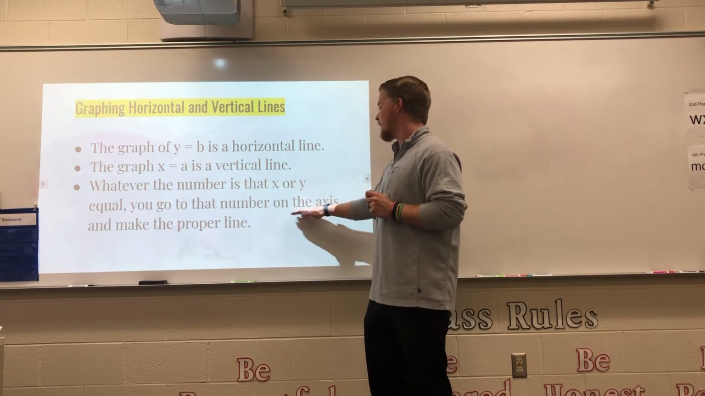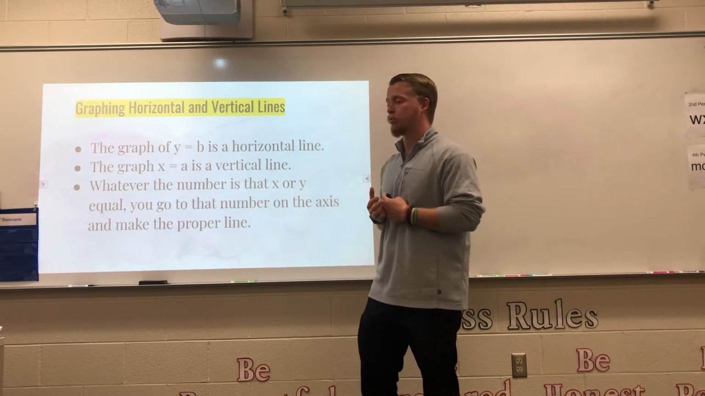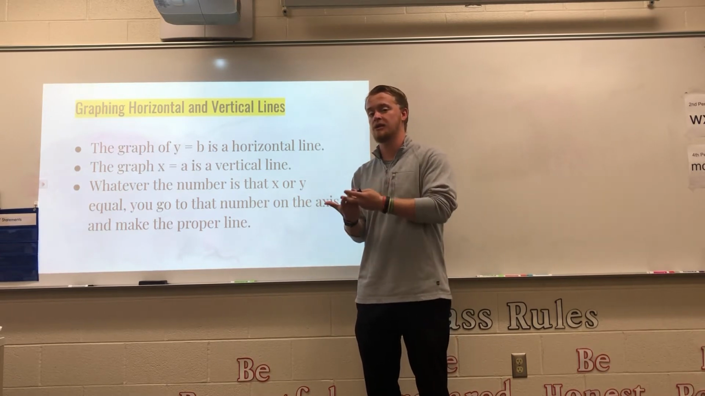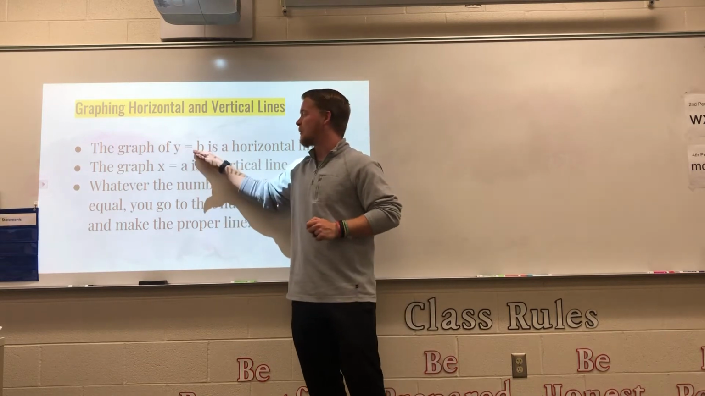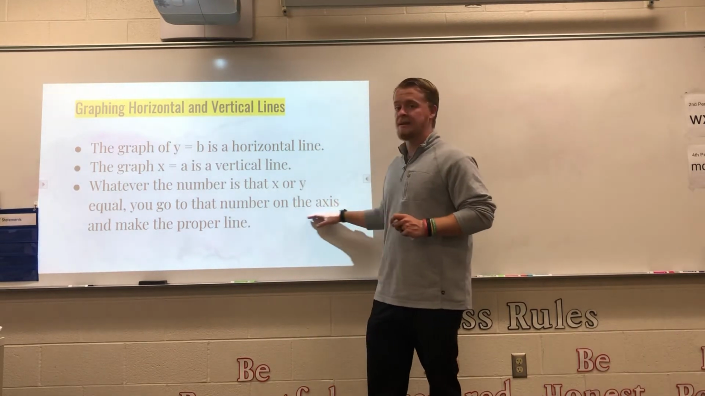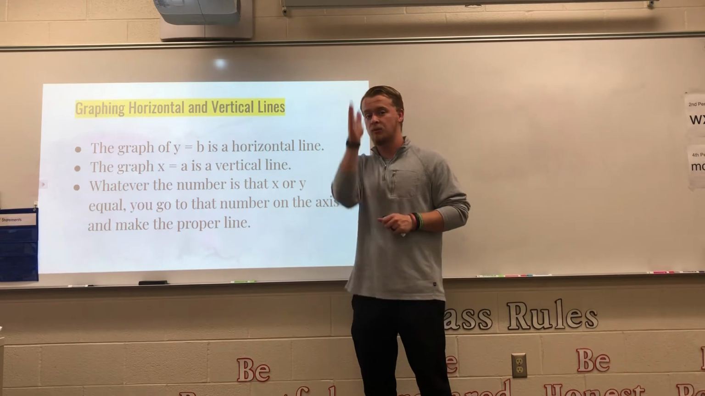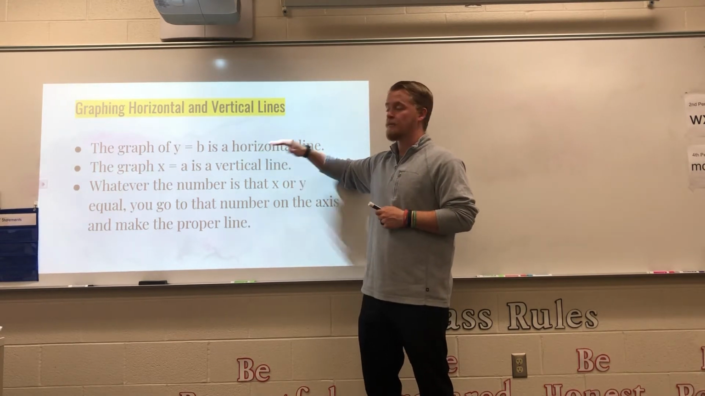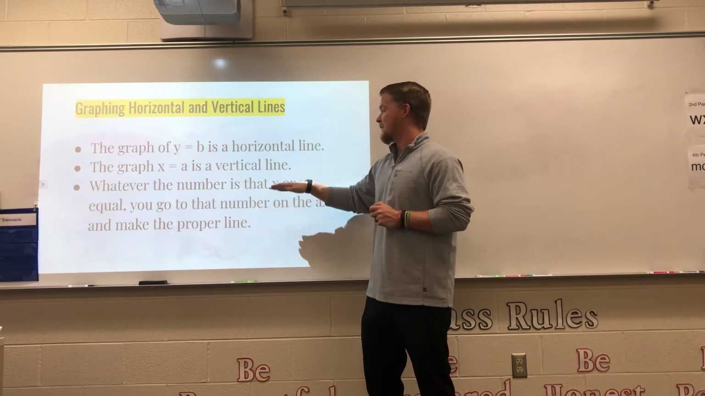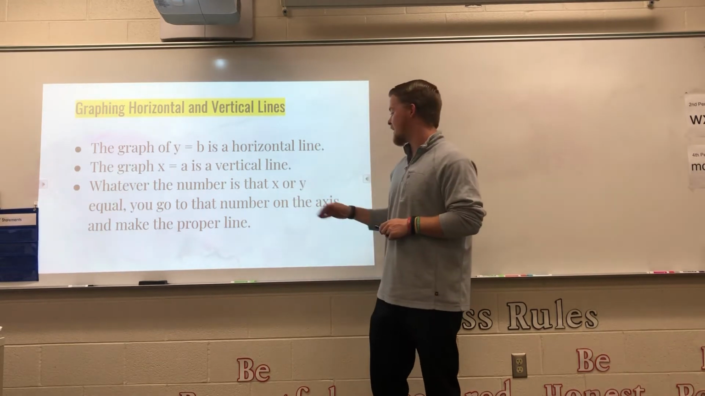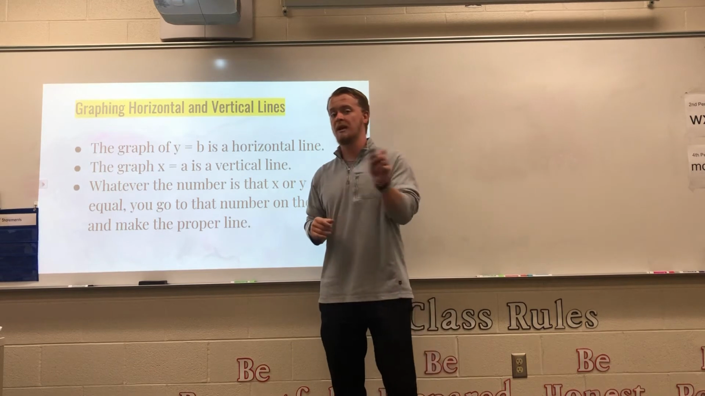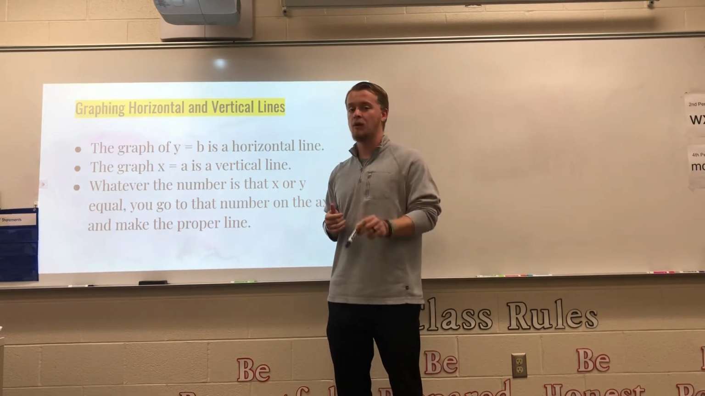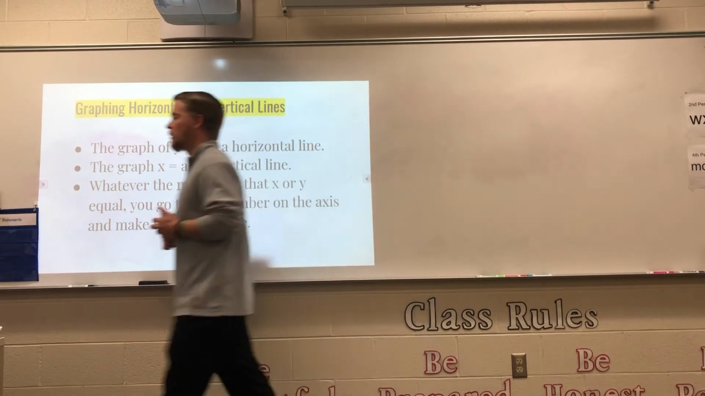When it says go to that number on the axis, it's talking about the proper axis, the specific axis that is included in that equation. So like if it's y equals a number, you go to the number on the y-axis, which is the one running up and down, and that is where you make a horizontal line. Same way if it's x equals a number, you go to that number on the x-axis, the one running left and right, or side to side, and you make a vertical line. So let me show you what that will look like